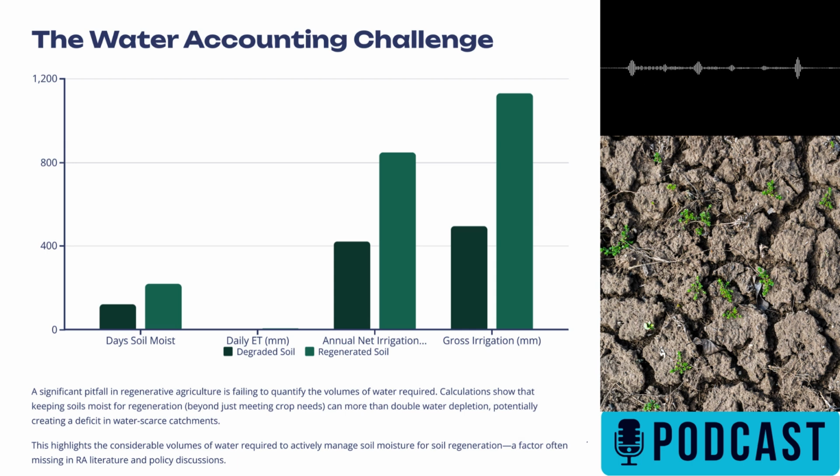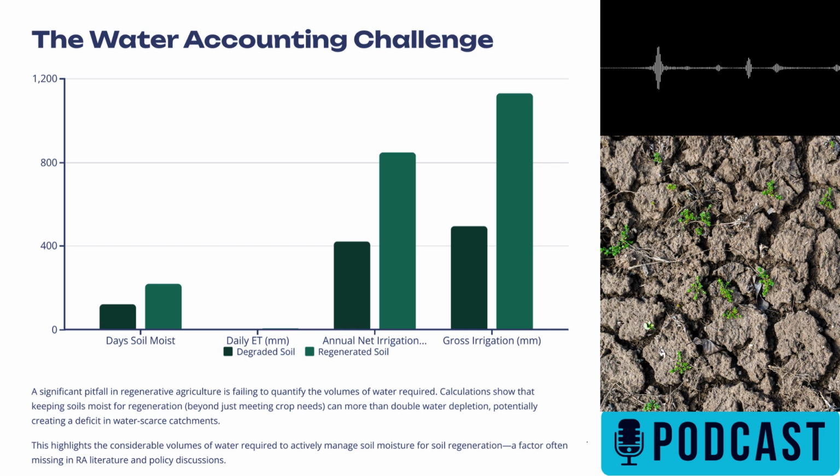But the article points out that to actually fill that extra 50 millimeters of storage only requires an effective rainfall event, or equivalent irrigation, of 50 millimeters depth. So in terms of the sheer volume needed to fill the extra storage capacity once it's created, RA doesn't necessarily put a huge additional one-off burden on water resources at that large scale. Interesting. So reaching that healthier state in terms of storage capacity might not need impossible amounts of water,